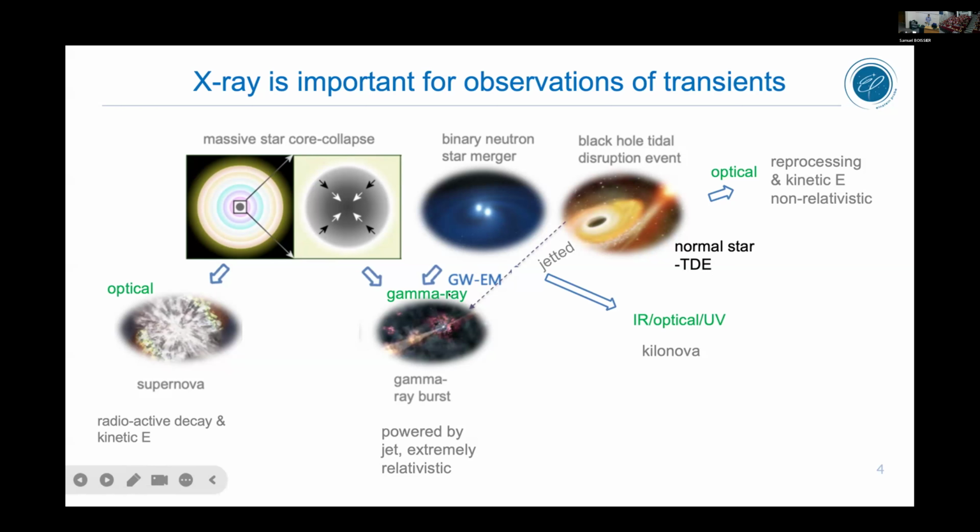And the binary neutron star merger can also produce a gamma-ray burst. In optical, infrared and UV, we can see the kilonova phenomenon, and it also radiates gravitational waves. And for black hole tidal disruption events, in optical we can see the reprocessing and the non-relativistic events. And with